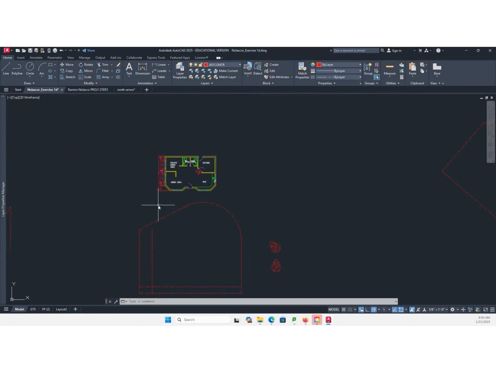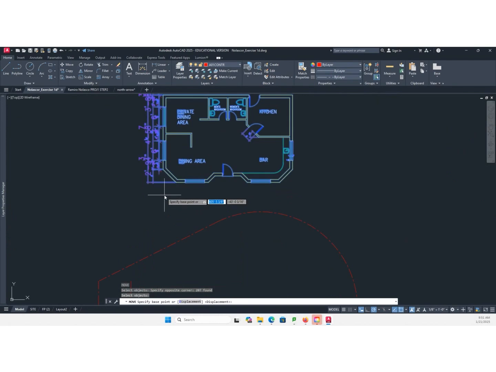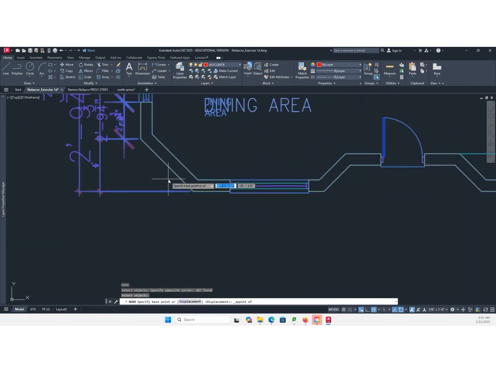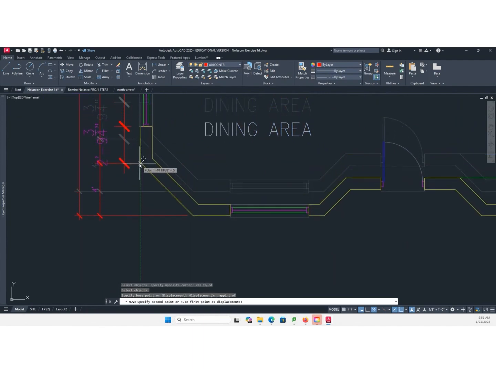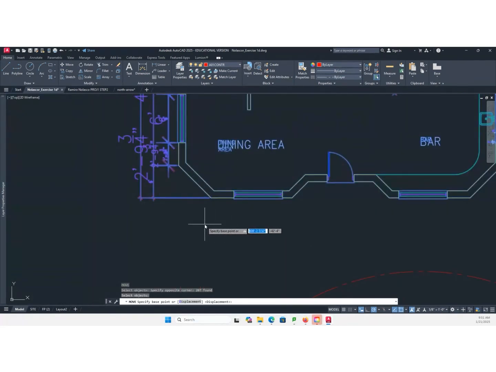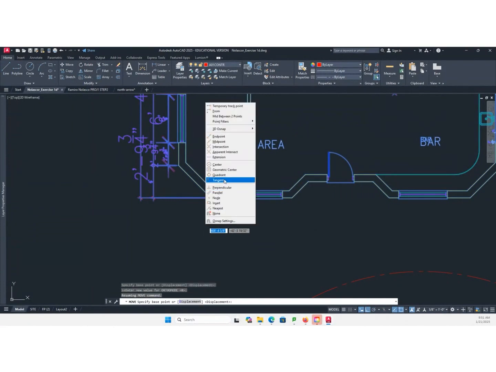I can now move my building, move this base point, shift right click. Let's see. There might be an option here, apparent intersection. Okay, so I'm going to click here. Nope, didn't do that. Move. See, I did that 2 steps earlier. I think there's a temporary track, apparent intersect.